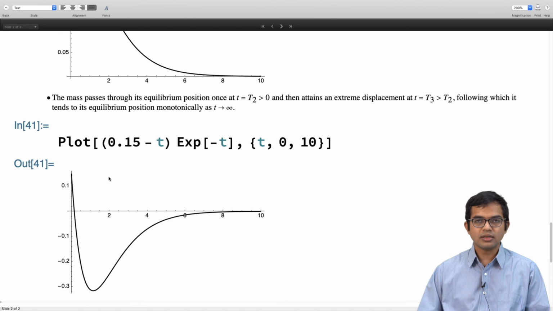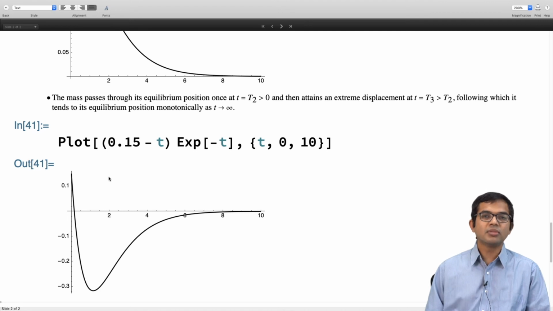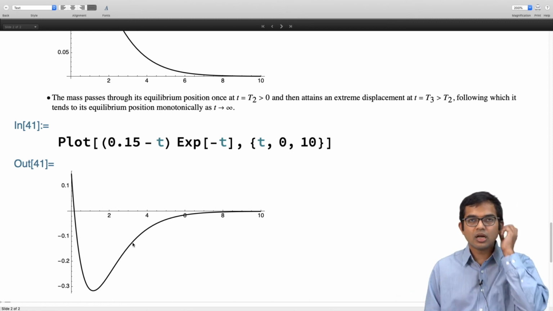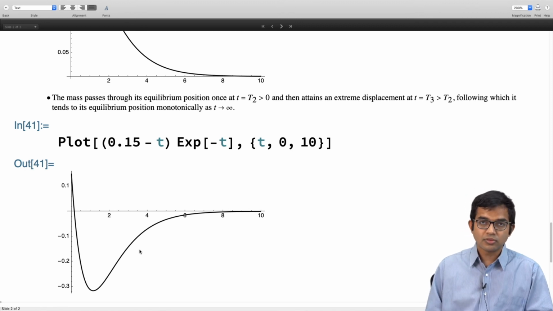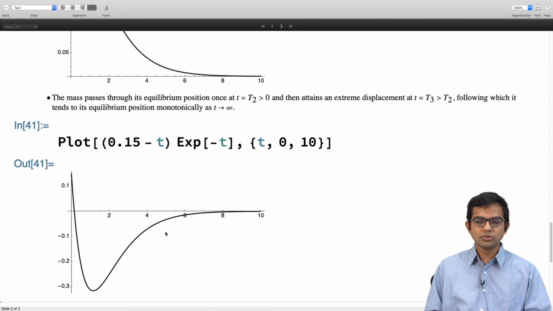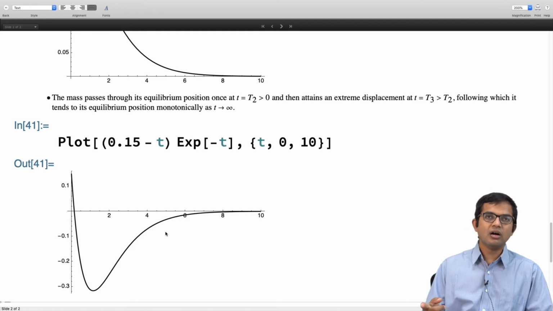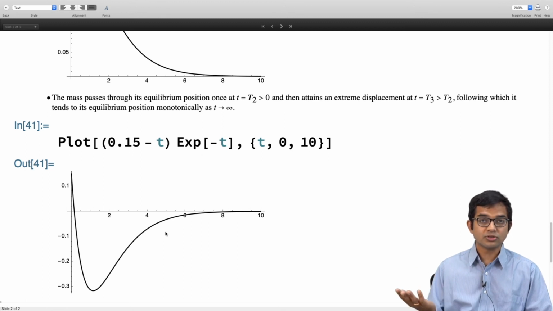So there is enough velocity in it that it can actually shoot past the equilibrium point, but then damping takes over, and then it has to make a turn, and there is a minimum here in this case, and after that it will keep on heading towards the equilibrium position. Now it comes in from the opposite direction, and then eventually it goes to zero. But it's only one time, right? There is not enough energy in it for it to perform even one oscillation, right?